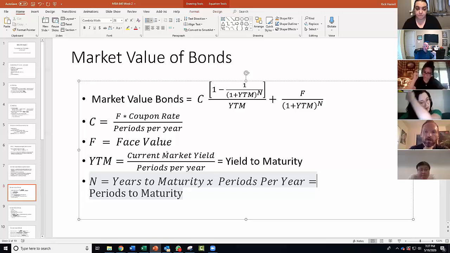So the current market yield, or the rate at which a similar debt instrument of similar size, similar creditworthiness, etc., in the market yields today, we're going to divide it by the periods per year in order to find the YTM variable's value, or the yield to maturity. So yield to maturity in this equation is not an annualized amount, just like the coupon payment is not an